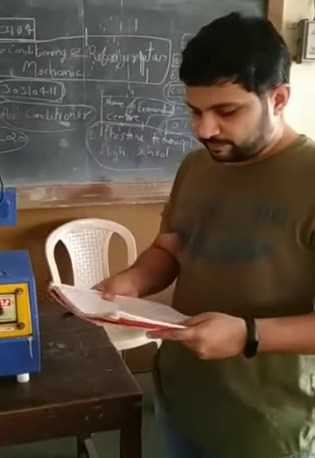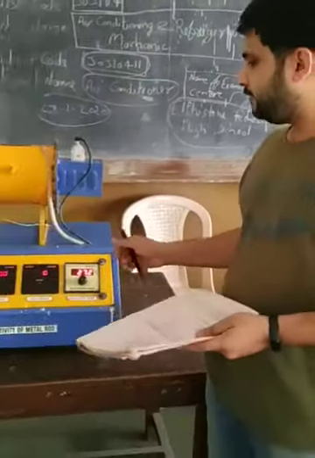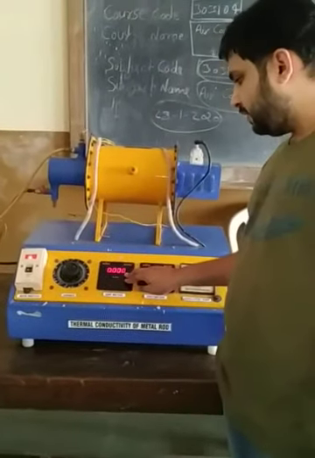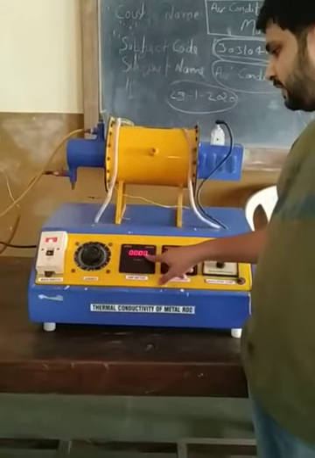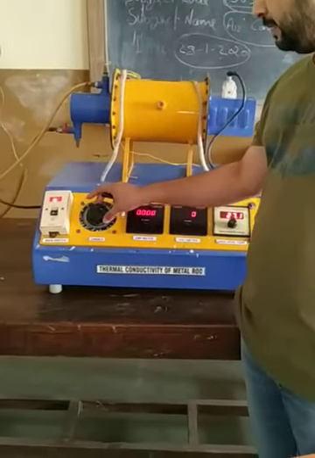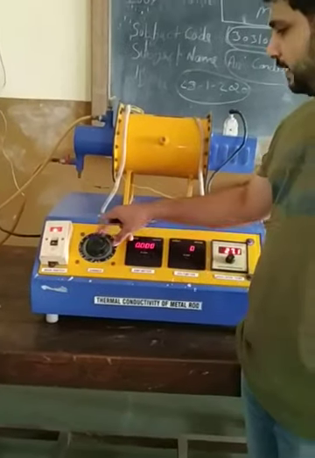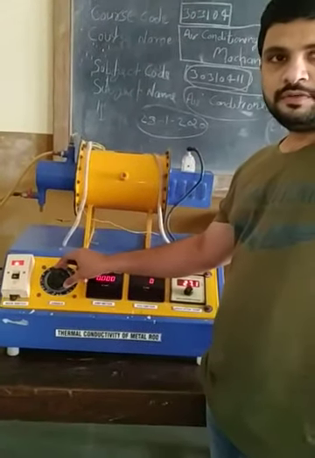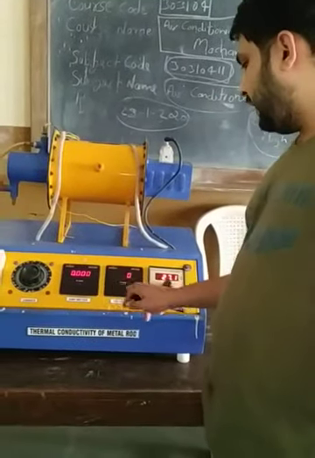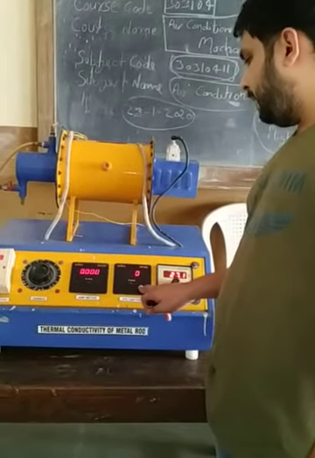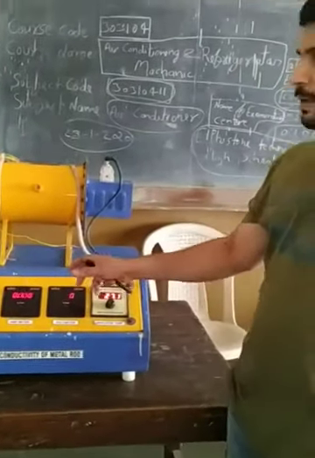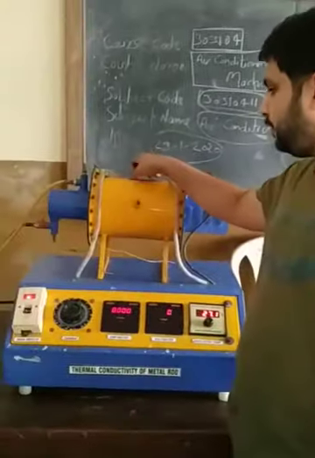Here we have an ammeter, where we will see the current. Here will be the corresponding voltage, and this is a dimmer where we can change the different settings so that we get the corresponding current on the ammeter. This current into the voltage will give me the power, and that will heat the rod which is inside here.